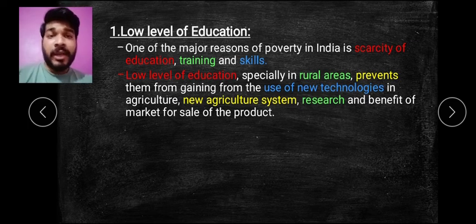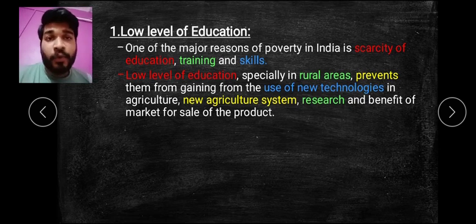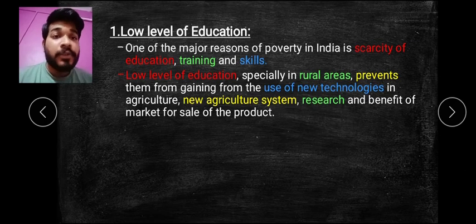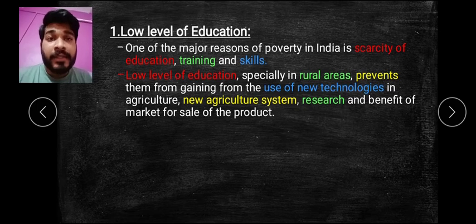मतलब ये लोग क्या बोल रहे हैं कि भाई अगर एजुकेशन हो तो रूरल एरिया में भी जो फार्मर्स वगैरह हैं तो उन लोग को नई टेक्नोलॉजीज मिलेंगे, नए systems मिलेंगे, how they can improve their agriculture sector, how modern equipments, modern technology, modern methods are there. So this will benefit them for making more crops, nutritive as well as good quality, and this helps them for crop rotation, as well as वो लोग अपने market sale करेंगे. Yes, they will grow their market and the sale of their product will be more.